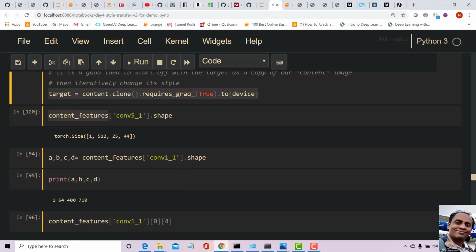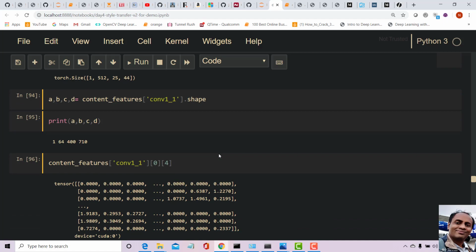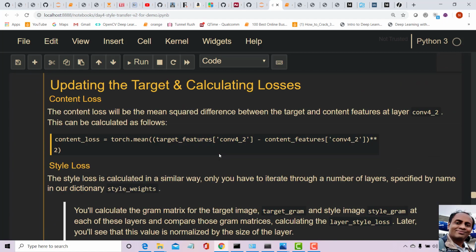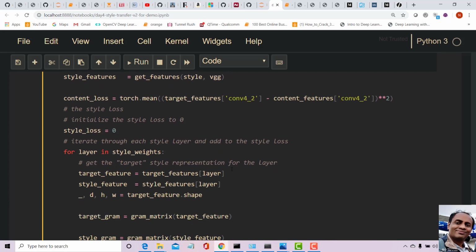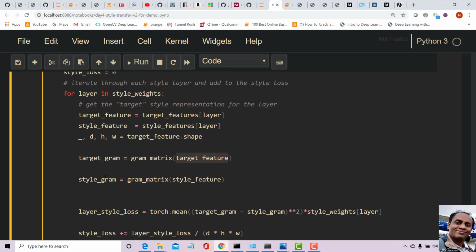How are they going to change? They are going to change such that the content loss is minimized and the style loss is adjusted to that of the style image. I think that is very clear. And why do we do the gram here? Gram matrix actually calculates the correlation between the features.